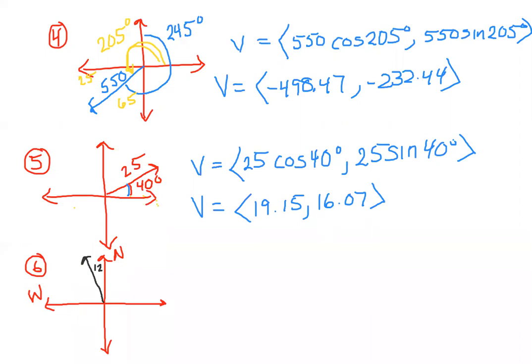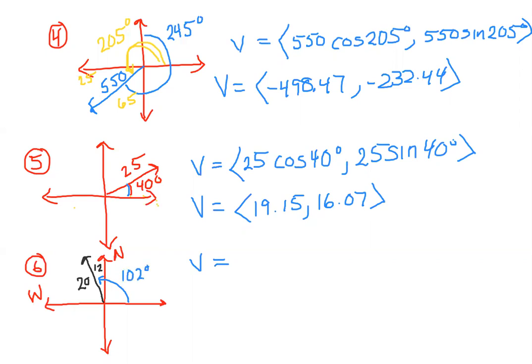That little angle right there is 12. So the angle, and then it says at 20 knots. So that's our magnitude. And then our vector, we need this angle. We start here and go that direction. So what is that angle? 90 plus 12,